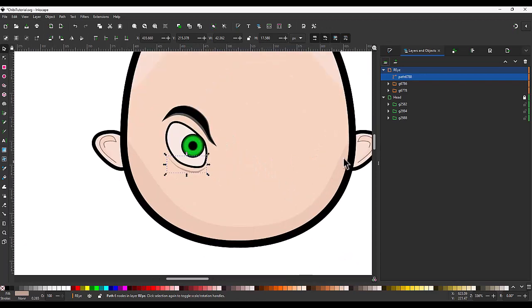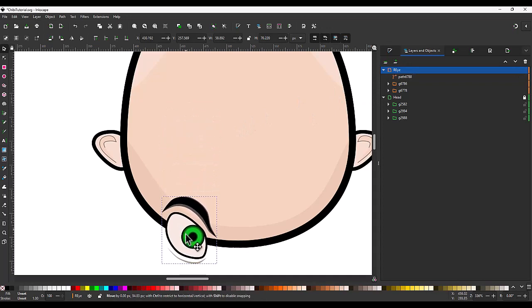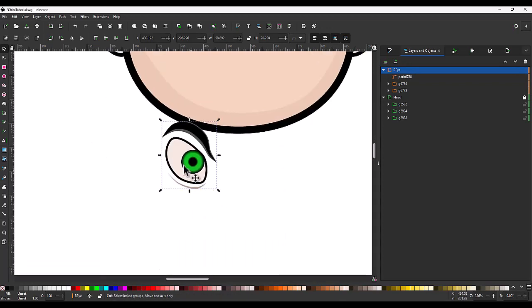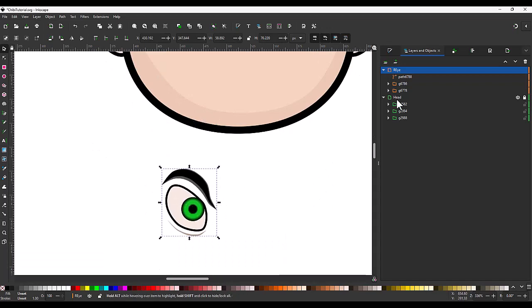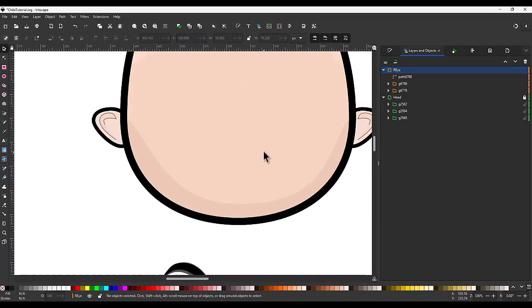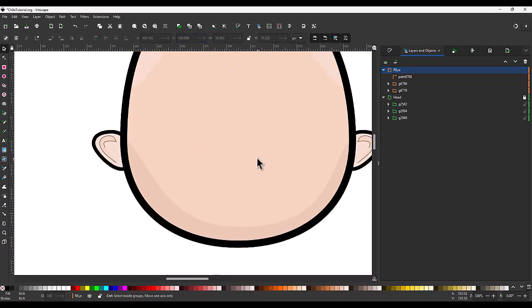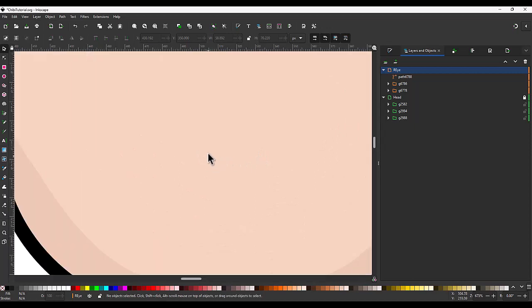Okay. I'm going to move the eye down. So I'm going to select the whole layer with S. And this doesn't always work, but it's working now. Sometimes it will try to select something underneath it because you click, but I just want to move it down here somewhere. I'll set it to 350 just to get it out of the way. And now I do want a nose. I don't care if this is only part Chibi. It's part American, so